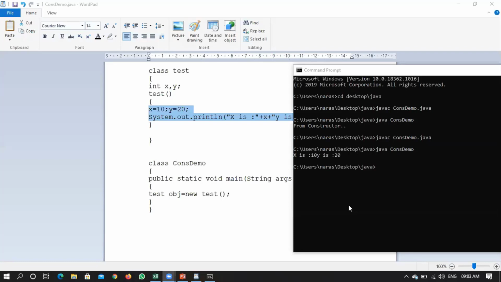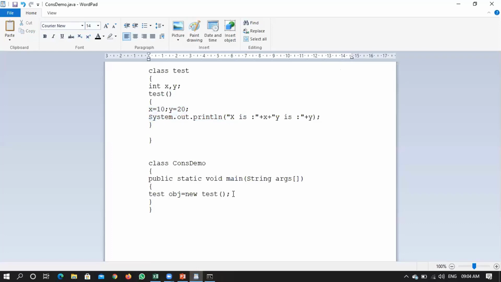Second conclusion: can we initialize instance variables using a constructor? Yes, we can initialize instance variables using a constructor. This particular program is the evidence for that statement. Now if I create one more object, that particular statement will be executed one more time.